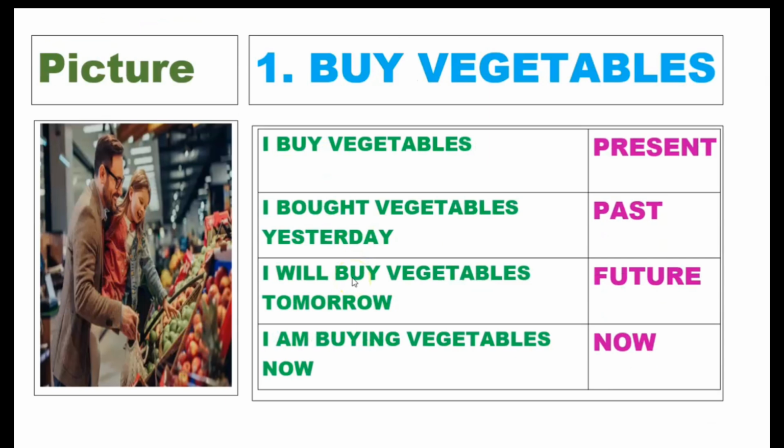When we go shopping, we can use sentences in present, past, future, and now. For example, I buy vegetables. Present tense. I bought vegetables yesterday. So the action completed yesterday, we use past tense. I will buy vegetables tomorrow. When we use tomorrow, we use future tense. I am buying vegetables now. The action is running now. So now we use